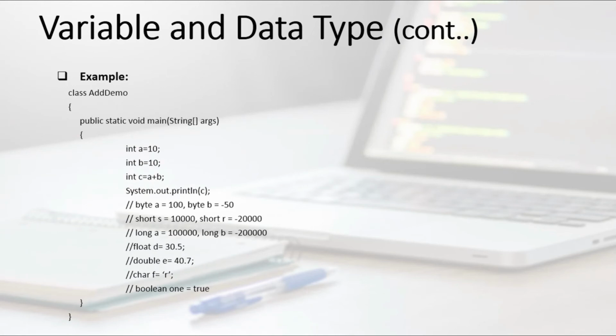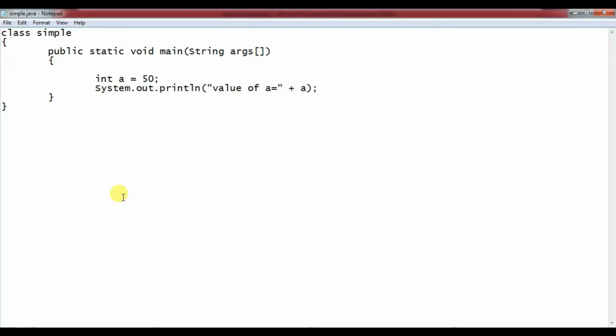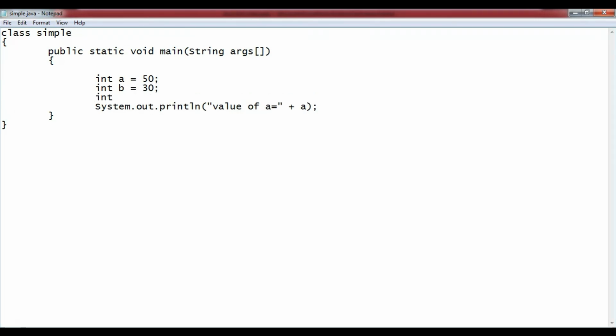As shown in front of your screen, I have defined one variable as int a is equal to 10. Next variable is int b is equal to 10. And the third variable c stores the addition of those previous two variables, that is a plus b. Now I have printed System.out.println of c. It will print 20. Suppose in our example I have defined int a is equal to 50, int b is equal to, suppose, 30. Now suppose I want to print the addition of these two. Take as an example int c is equal to a plus b, means c is going to store the value of addition, that is a plus b.